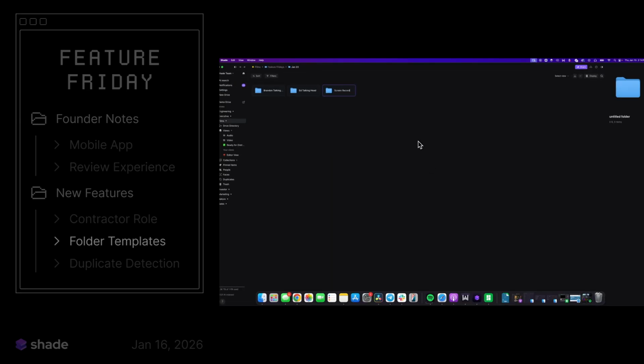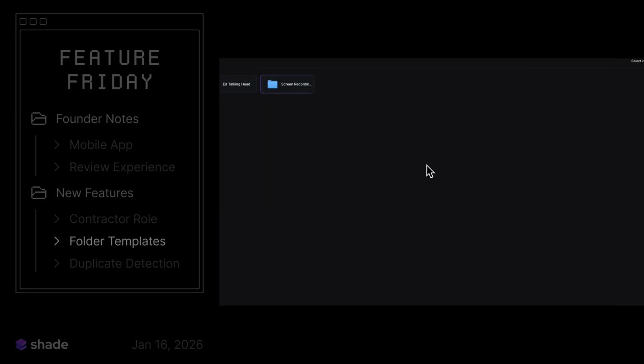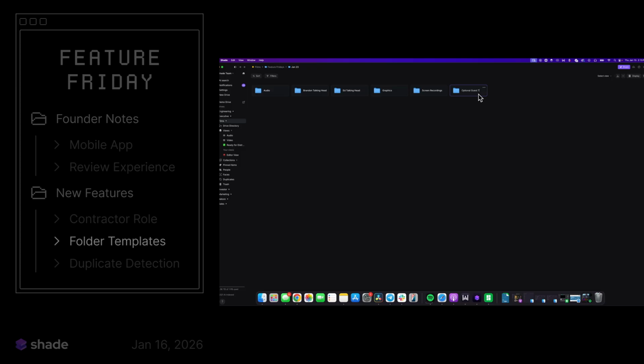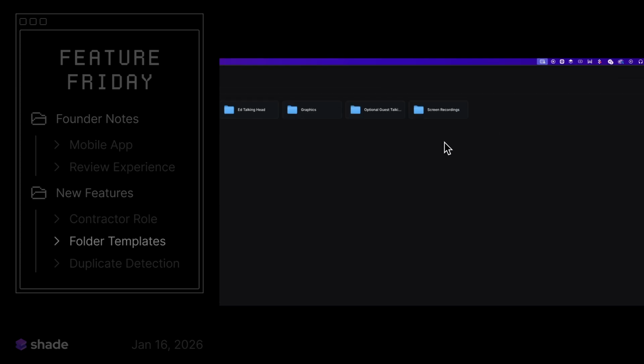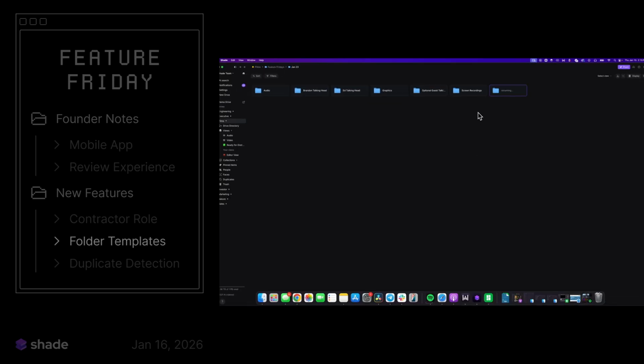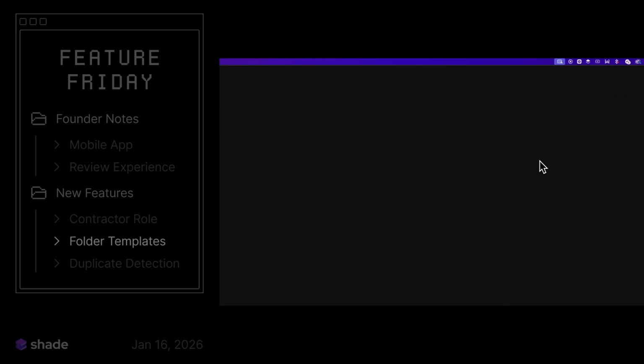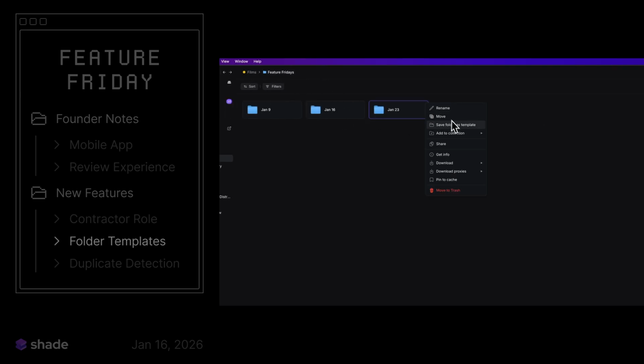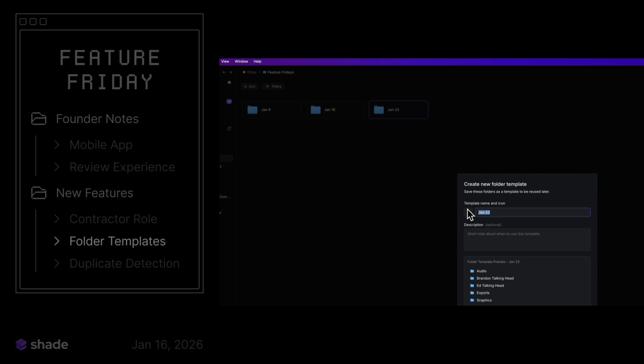You can take a current folder structure that doesn't have any content in it, right-click it, and save it as a template. Or you can create it from scratch, like I have here for these Feature Friday episodes, where I have each predetermined piece of media or folder for those pieces of media already lined out in the particular structure that I want. I simply right-click it, save it as a template, and